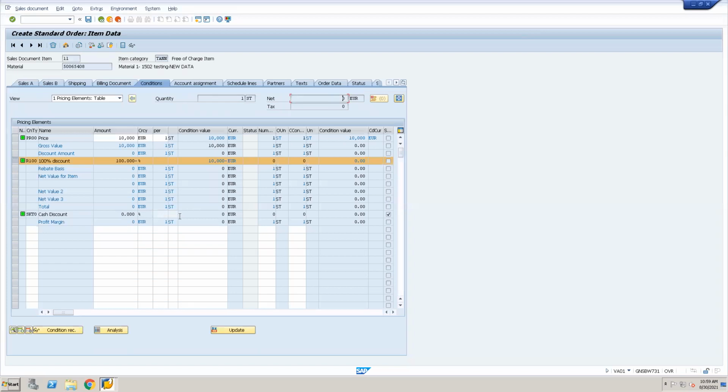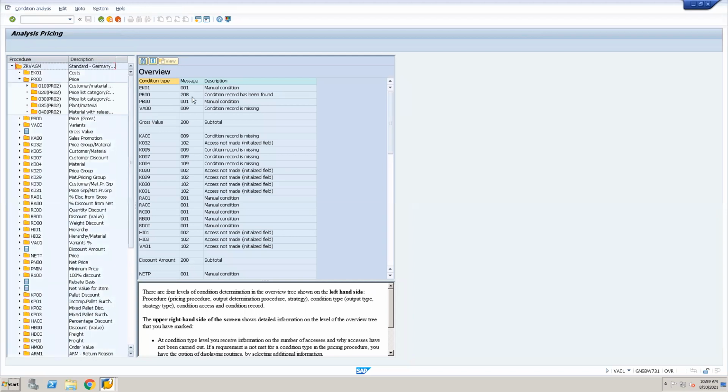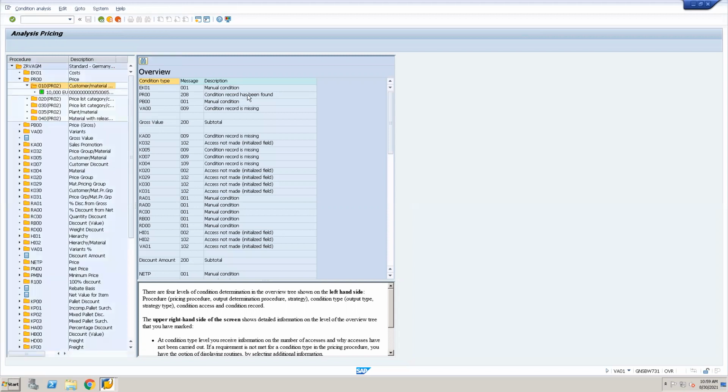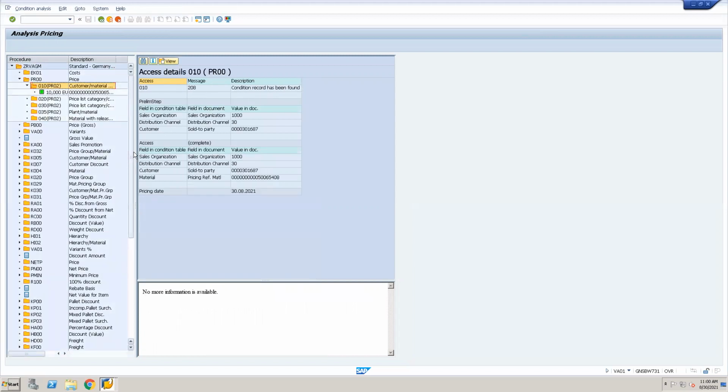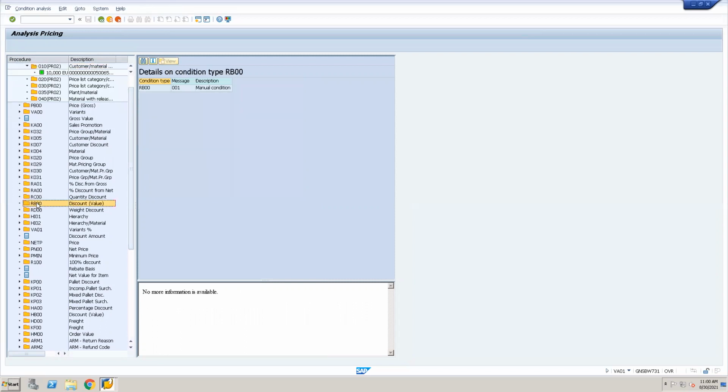If you go and click on the analysis part over here, you can check PR00 price is determined. Now there is a discount. What was that condition? Discount from RA00, or I think RA00.